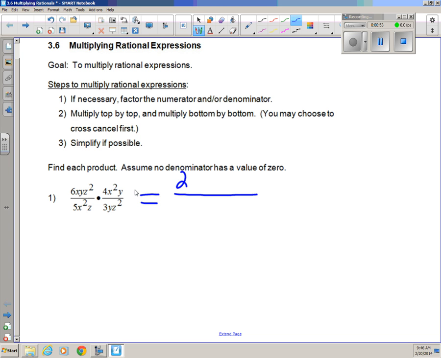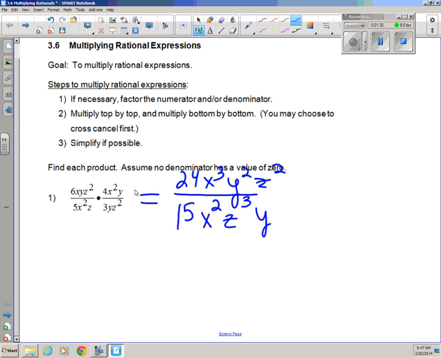Across the top, 6 times 4 is 24. X times x squared is x cubed. Y times y is y squared. And there happens to be a z squared in the top. On the bottom, 5 times 3 is 15. X squared times nothing is just x squared, right? There's no x's in the second denominator. There are z's in both, and that becomes a total of z cubed, and there happens to be a y in that second denominator. So it becomes 24 x cubed y squared z squared over 15 x squared y z